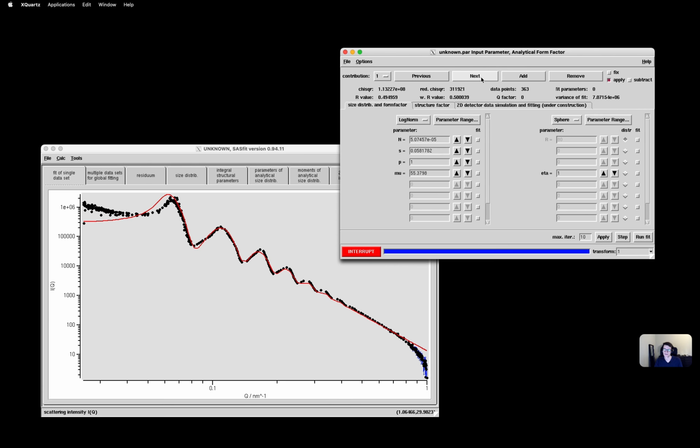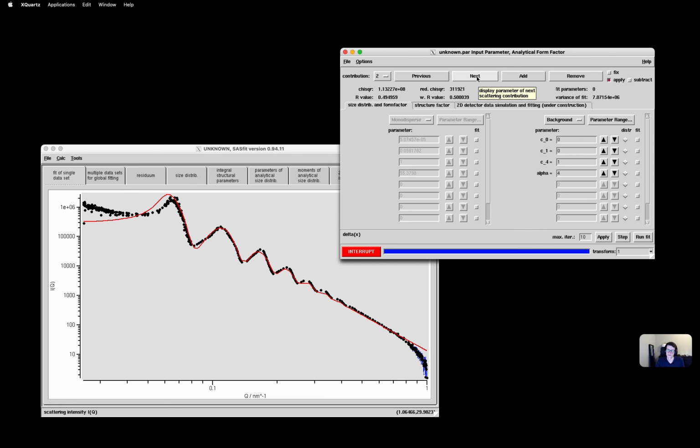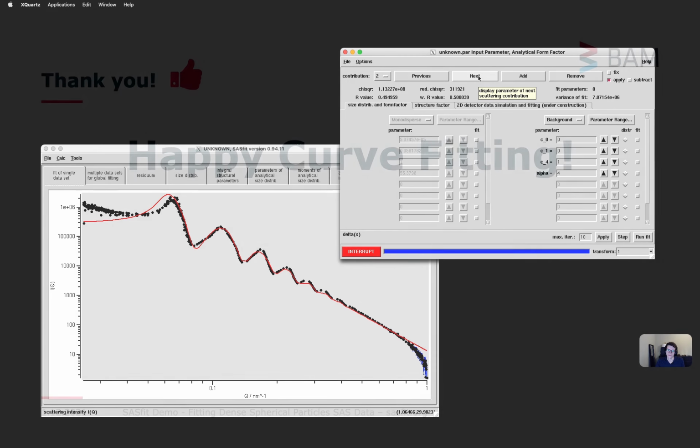This sample is complex. There's lots of things going on. But I also think it's a very good way of showing how SASFIT can be complex, but it can also be very, very useful. And being able to switch on and off models sort of in an instant is also very good for the fitting process, so that it's very easy to build up a complex model with SASFIT.